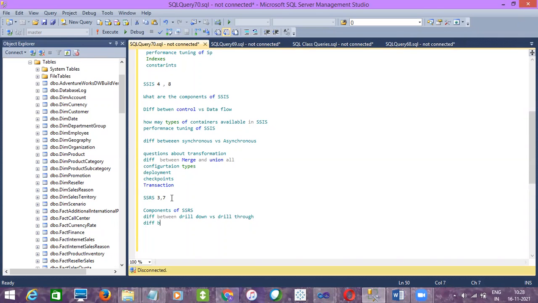And also differences between tablix versus matrix, and cascade parameters in reports.